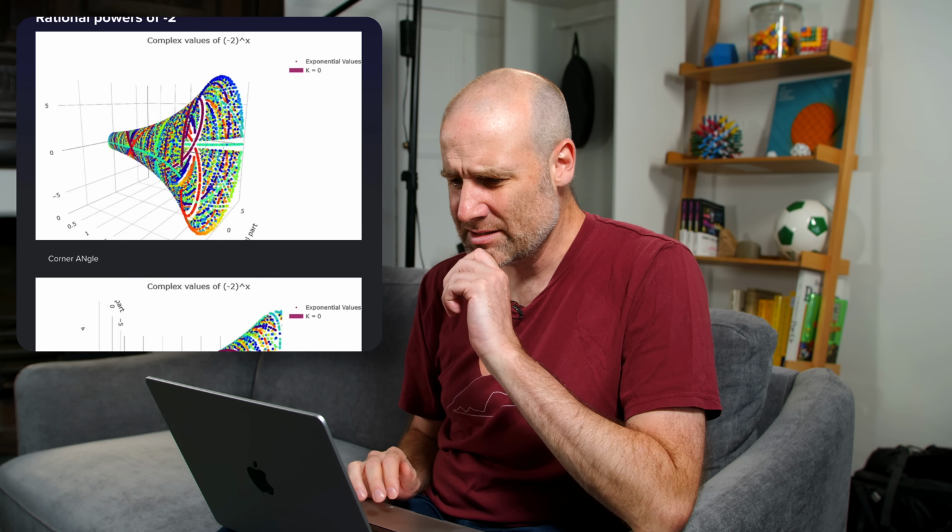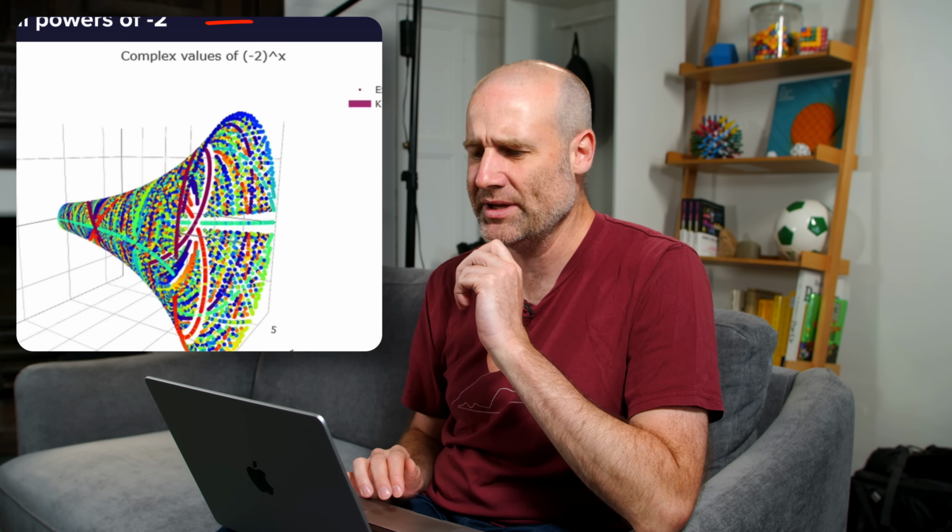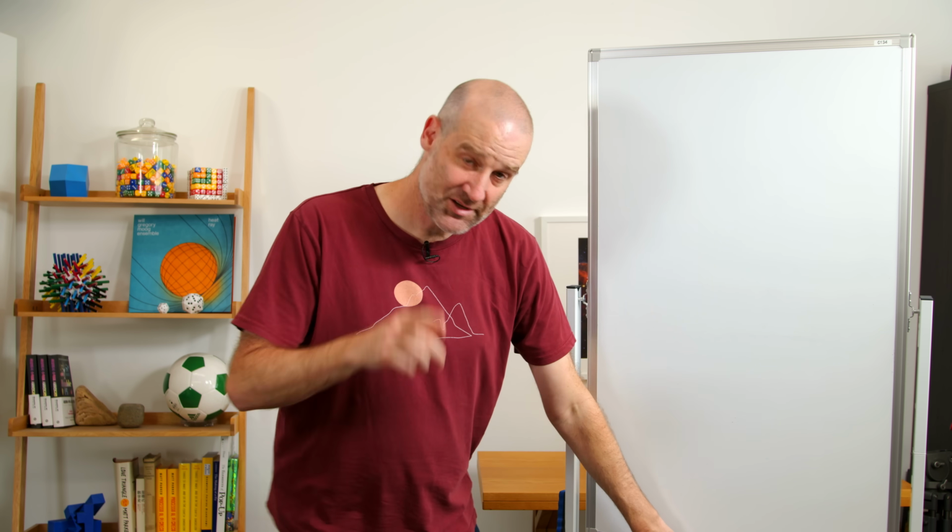What does it mean when it says the complex values of -2 to the x? Multiple lines. Something with fractional values. It's roots. Right, so, to recap,